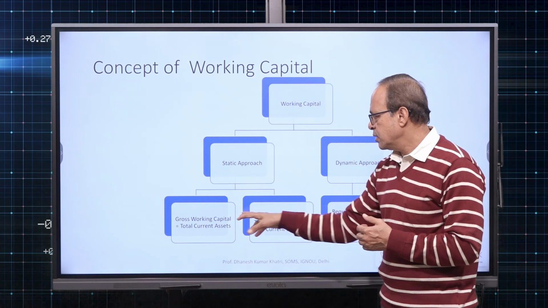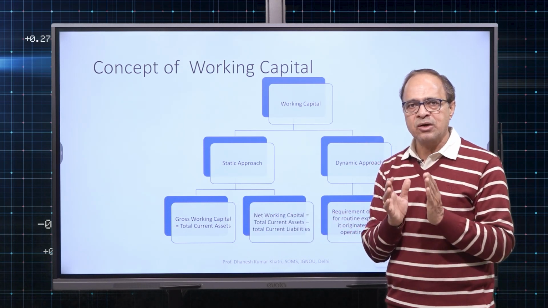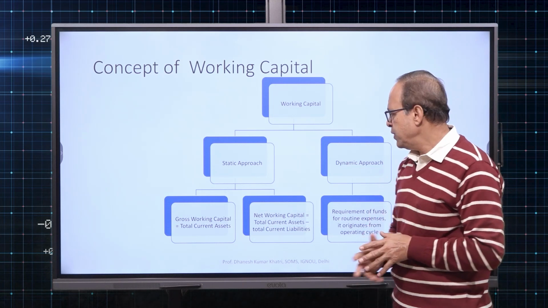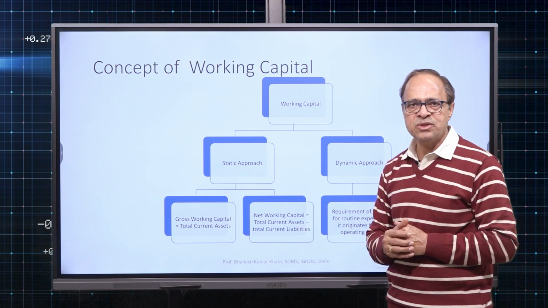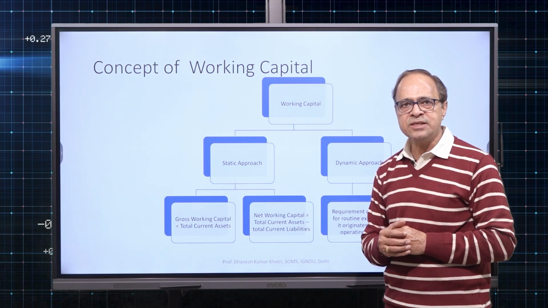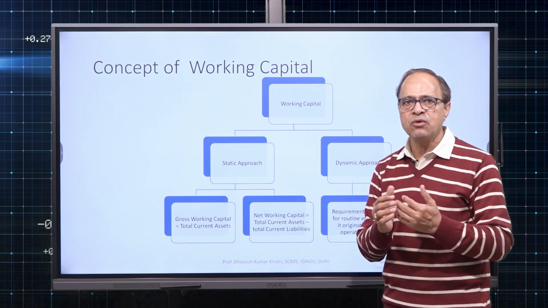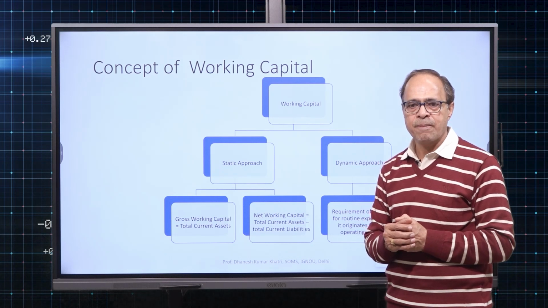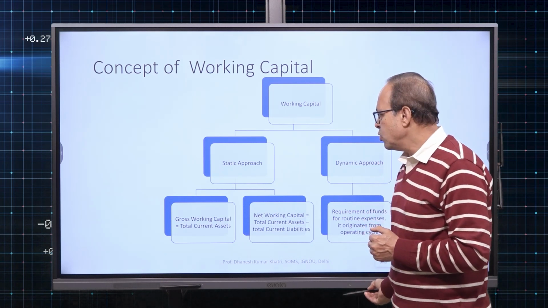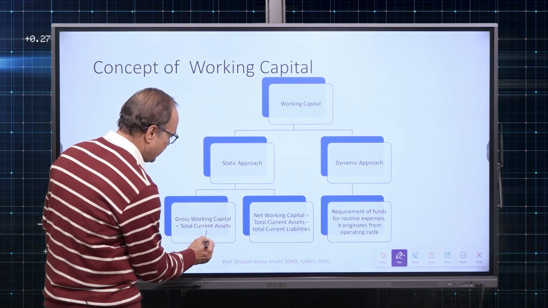Now, gross working capital tells me how much total investment is required in current assets, whereas net working capital, as you see, total current assets minus total current liabilities, tells me how much funds of the organization have been involved in the working capital. If I say gross working capital, that is sum total of current assets is 1000